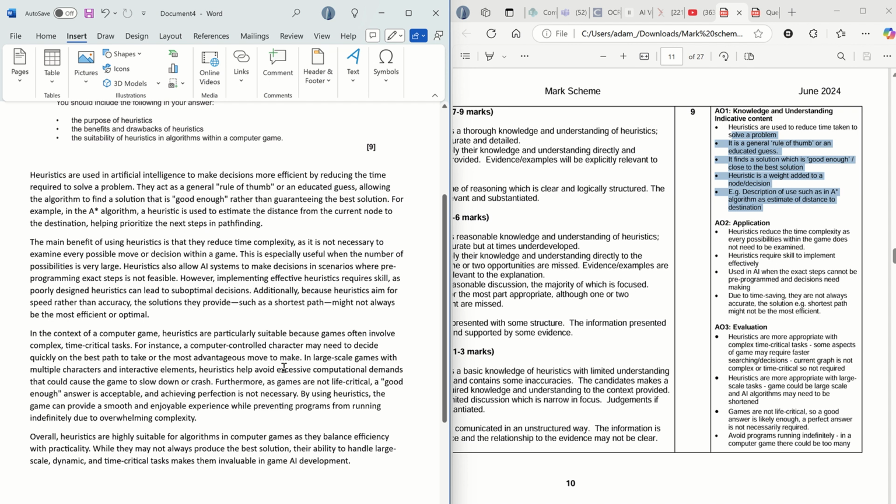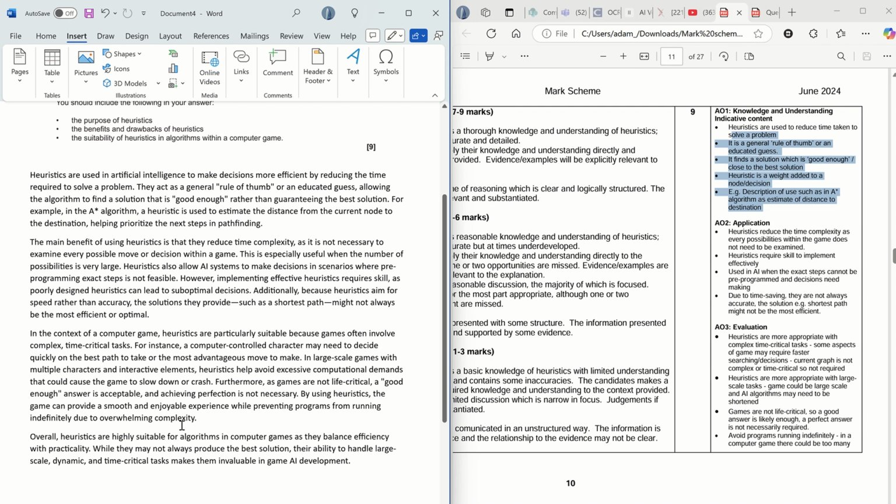Okay, so you see here it's kind of linking in some of these points back to the game. So thinking about, well, okay, it's not going to give you an accurate solution, but it doesn't matter because it's a game and it's not critical. And you know, if the game is not perfect, who cares? You know, it's a computer game. So there is that kind of now linking the point back to the question. Okay, it's absolutely okay for you to state a point and then put the link back to the question straight away. That's absolutely fine. You don't have to lay it out this way, but you must always mention it.